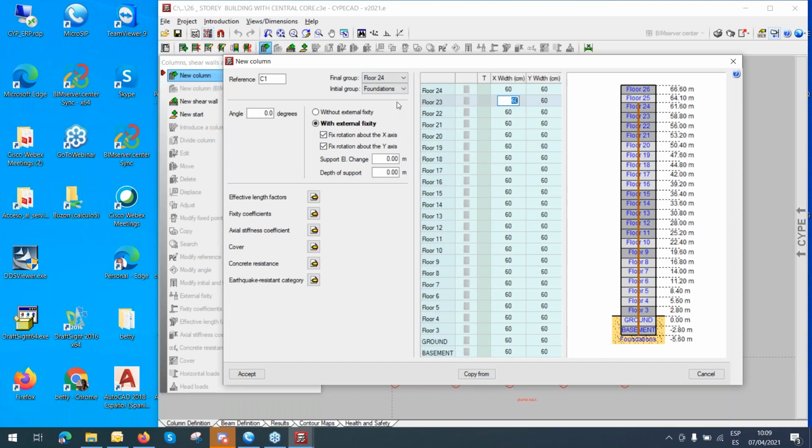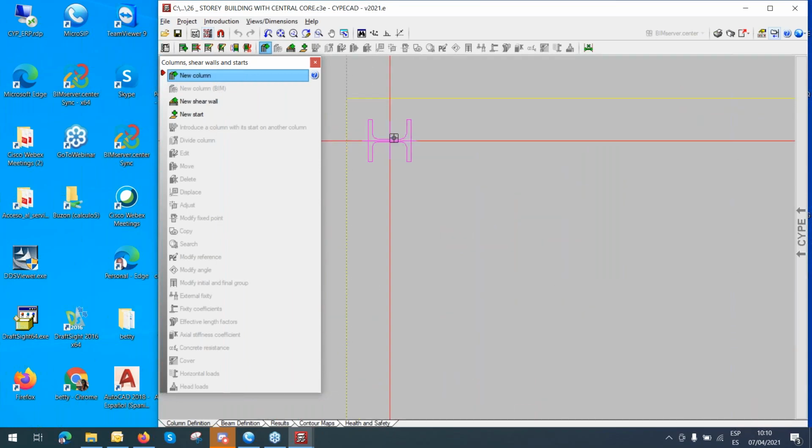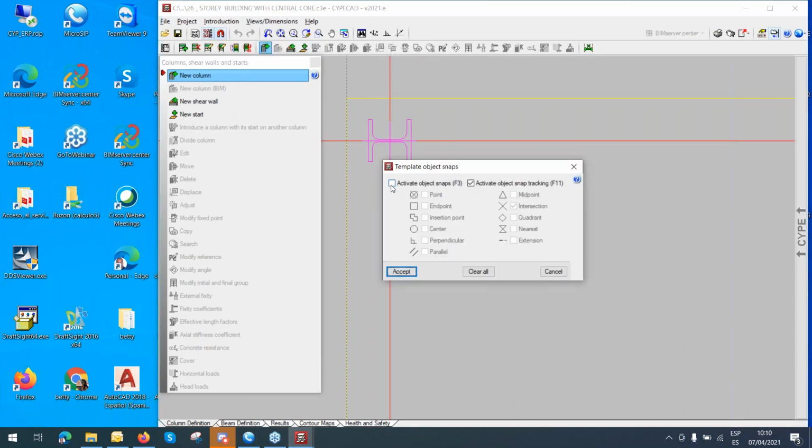The columns that I'm going to introduce are around the perimeter of the building. Also, I'm going to change the reference to P, because I like pillar instead of column. So we accept that. I'm going to start with number 1. We have an extra feature here. I'd better choose this, clear all,